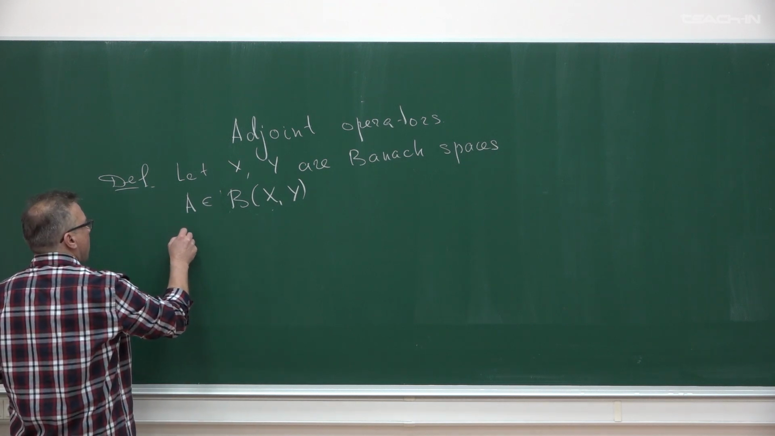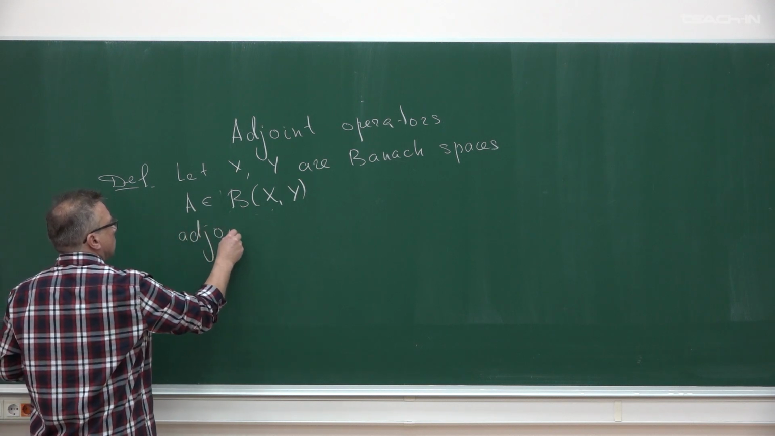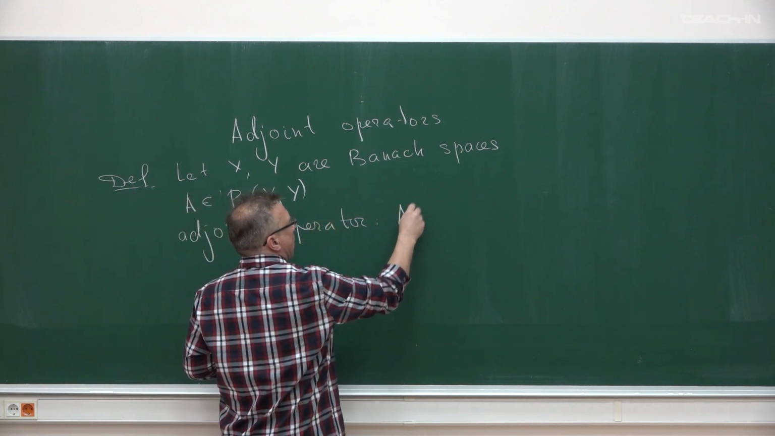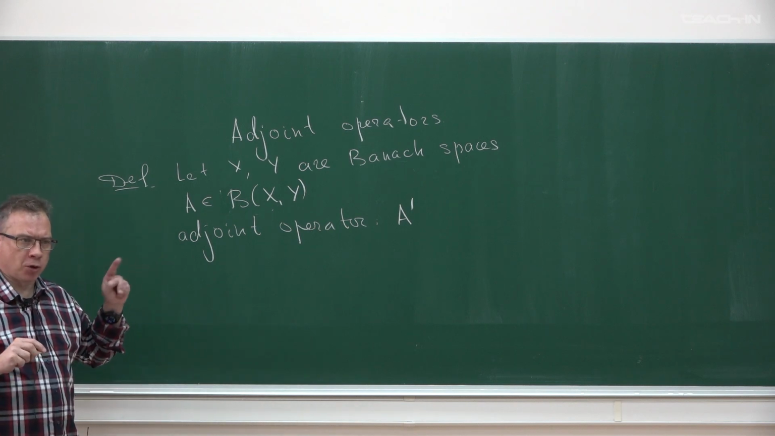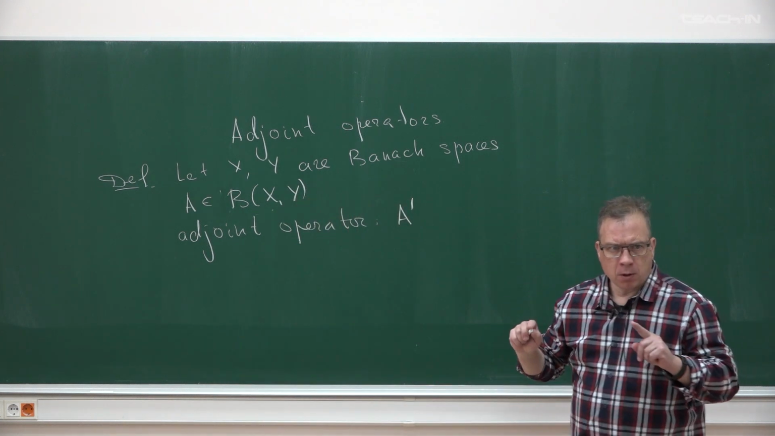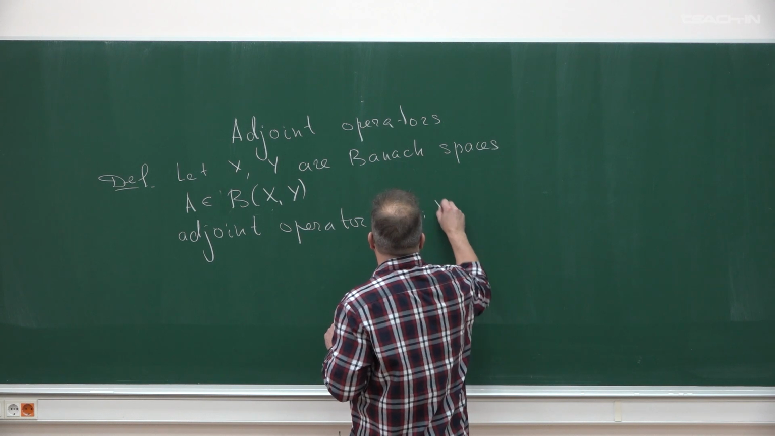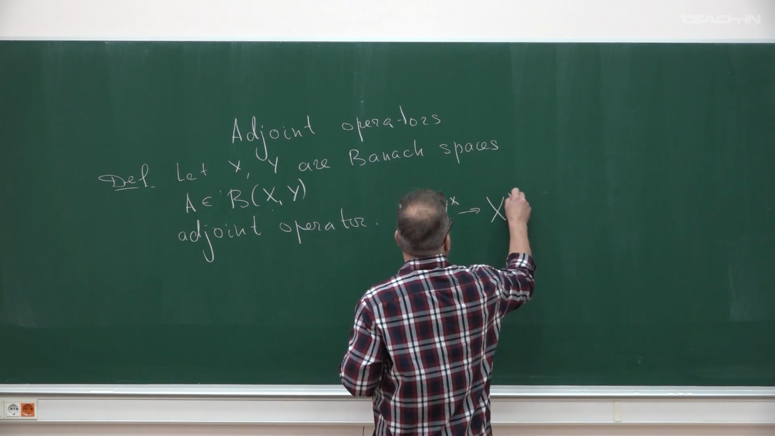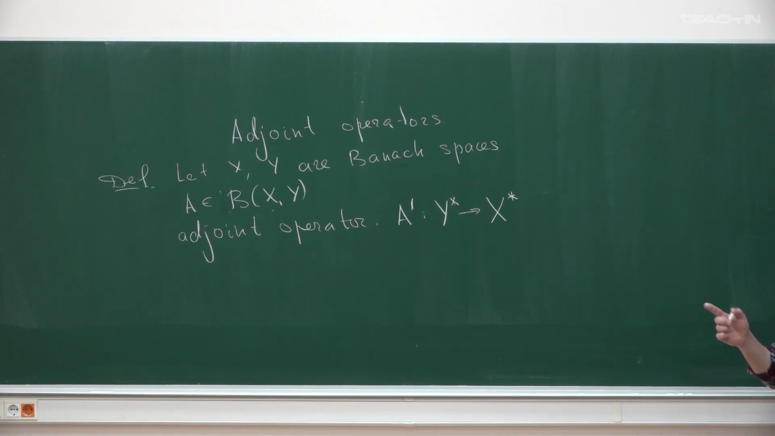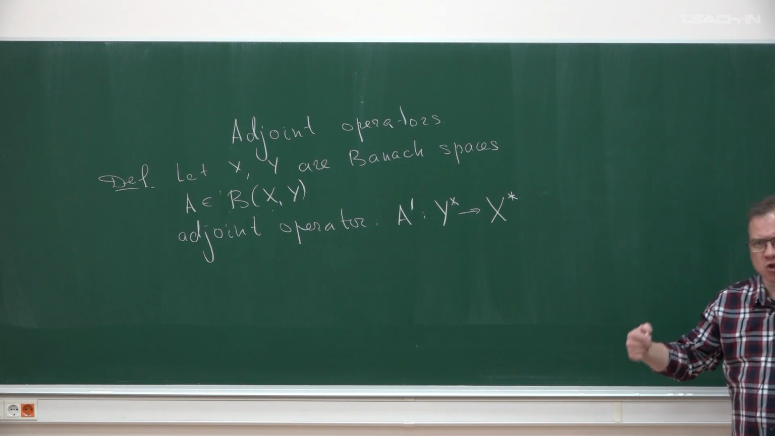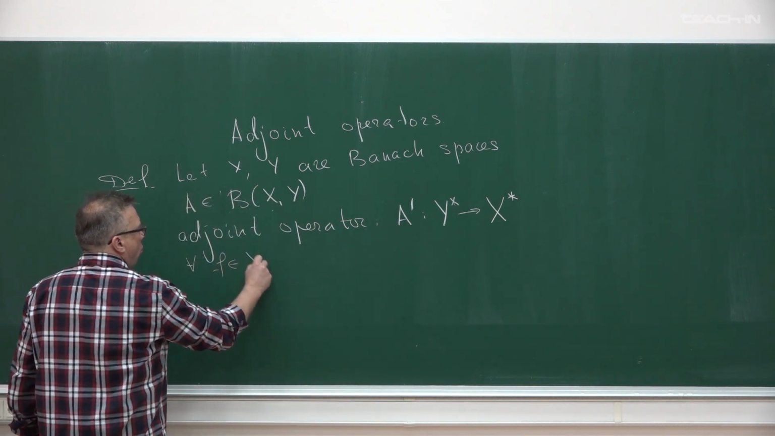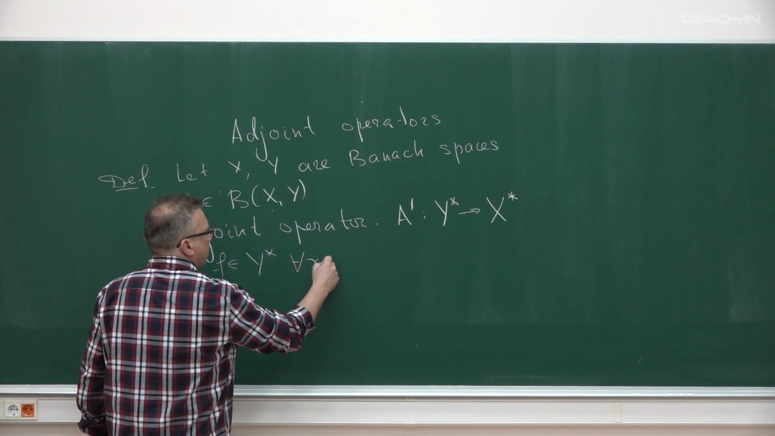So the adjoint operator, I denote it as A prime, not as A star, in order to differ it from the Hilbert adjoint operator. So it is the Banach adjoint operator. It is an operator from the following spaces to the following spaces. It acts between dual spaces, so it acts on functionals. And the definition: for any f from Y star, for any x from X,